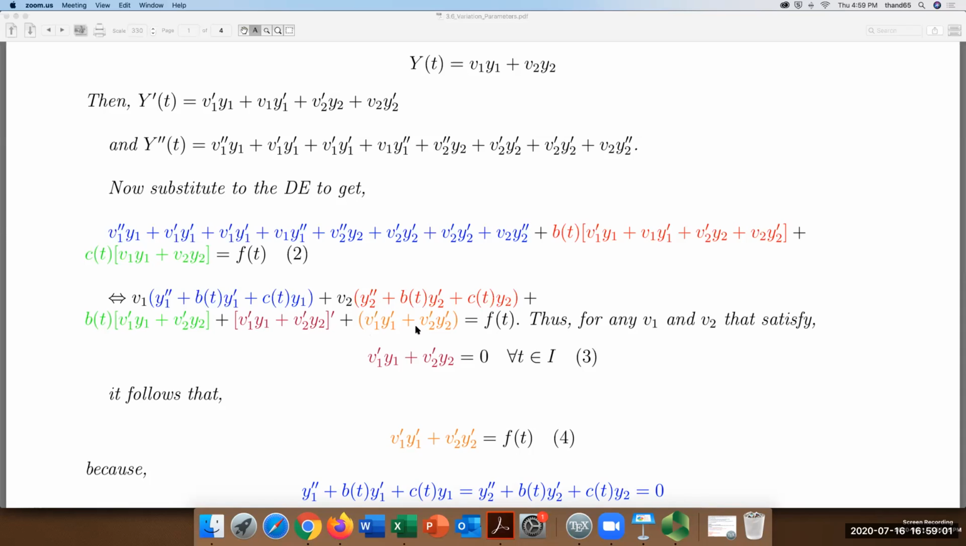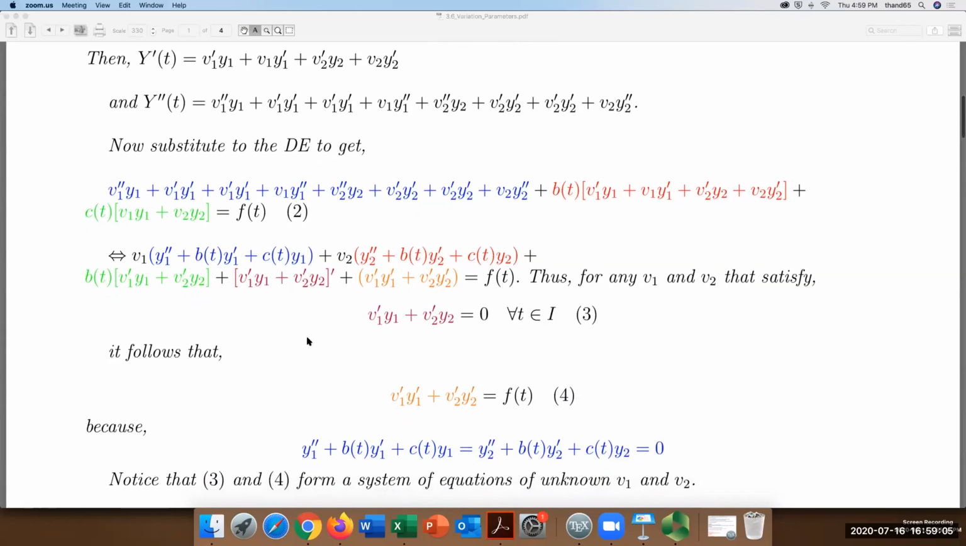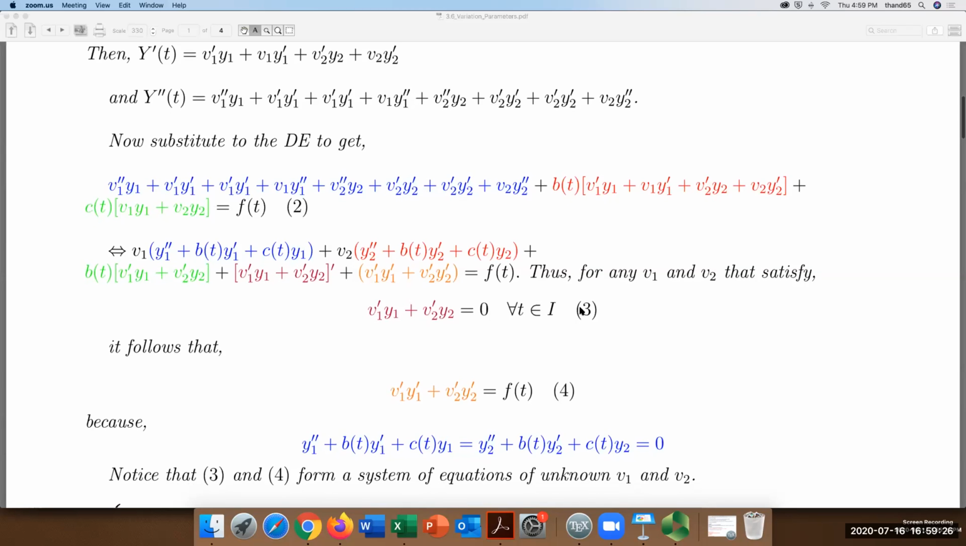And then I just rearrange this term in order to notice that for any of the functions V1 and V2 that satisfy V1 prime Y1 plus V2 prime Y2 equals 0. So where do I find this term? I found this term here. If this term equals 0 for all t in the interval I, then for all V1 and V2